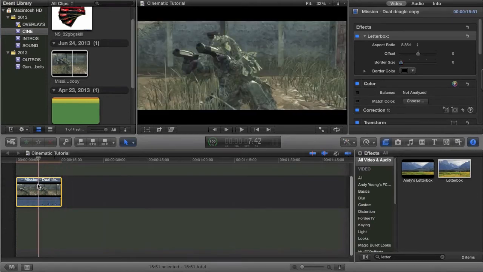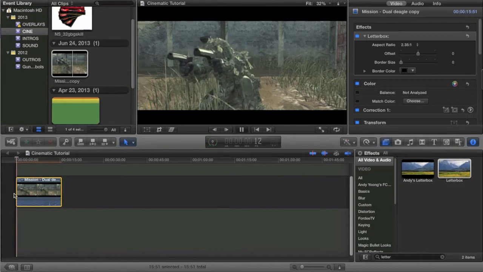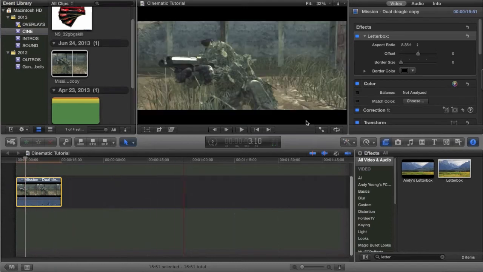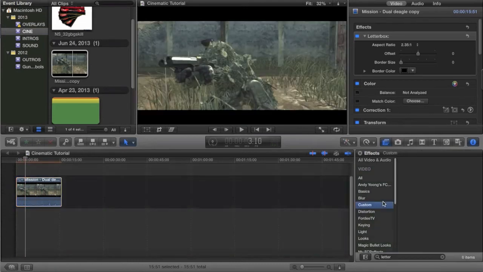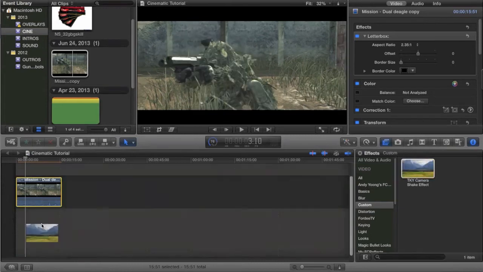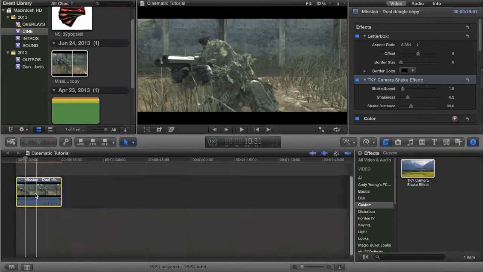Once you have a cinematic in your timeline, you'll notice a lot of them are very boring, and when you play through it, it's very shitty looking, for lack of a better word. So there's a few things you can do to fix that. For one, you can get a plugin called a shake effect or a camera shake. You can find them all over the web. Some of them are free, some of them cost money, and you simply drag that onto your clip, and you'll